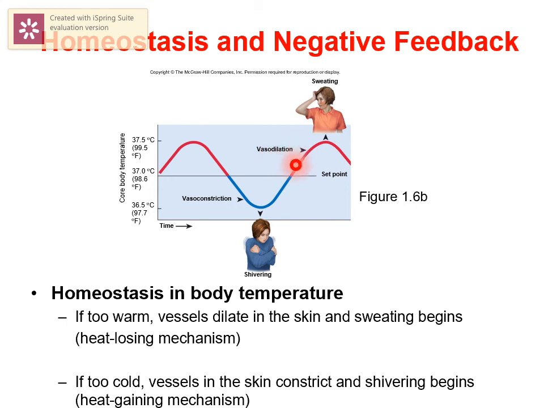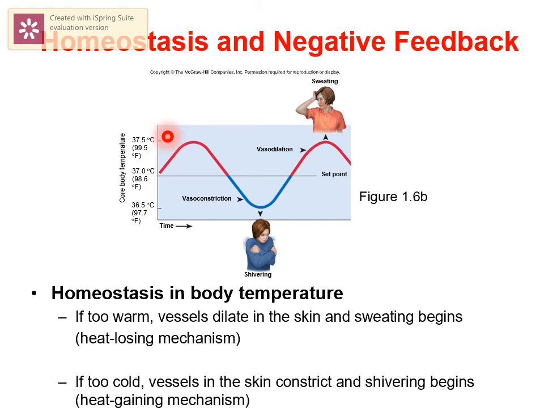When your blood vessels open up, blood is allowed to flow easily through the blood vessels, and you lose water and you start sweating. When you sweat, your body begins to cool. So sweating is a heat loss mechanism. And in this manner, the negative feedback loop